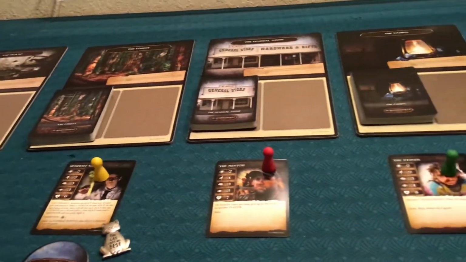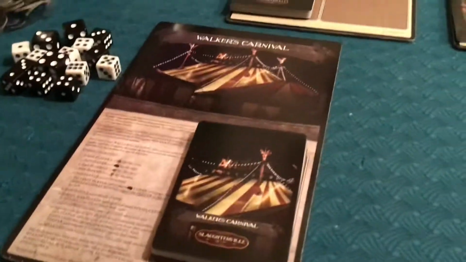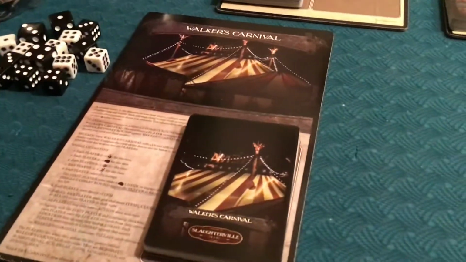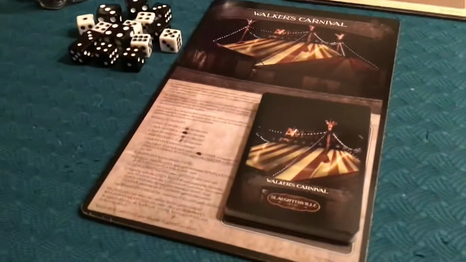So I decided this time I was going to go with all new locations and a new villain. The villain is Walker's Carnival. If you ever saw or read Something Wicked This Way Comes, it's an evil carnival. It's kind of cool because on the villain's turn,